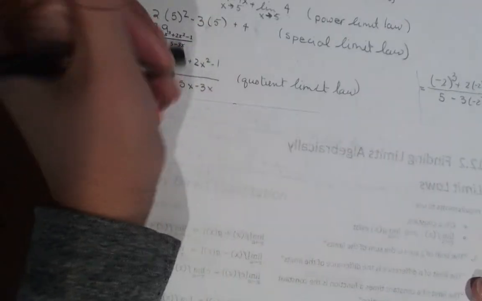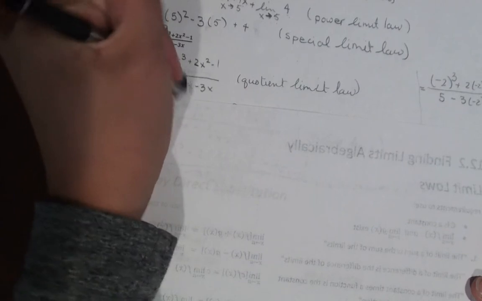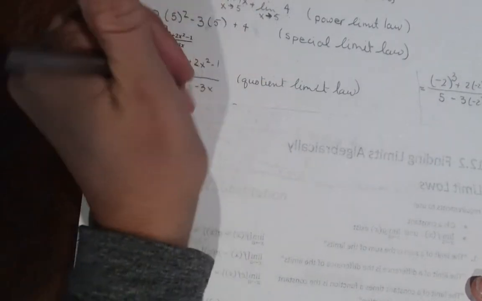All right, looking at part B, we're going to start off with our quotient limit law. So we're going to split it up into say the limit as x approaches -2 of x cubed plus 2x squared minus 1 divided by the limit as x approaches -2 of 5. Oops, I copied it down wrong. 5 minus